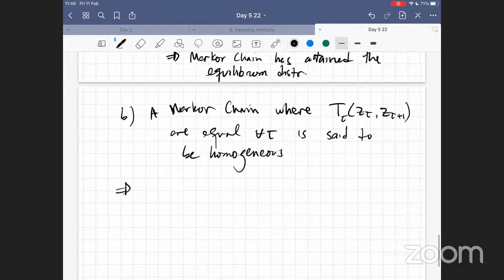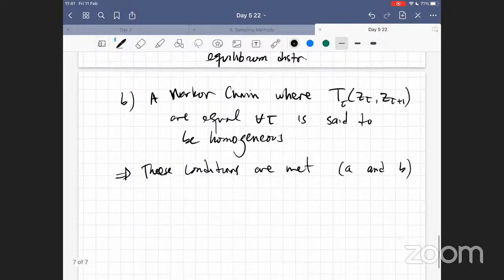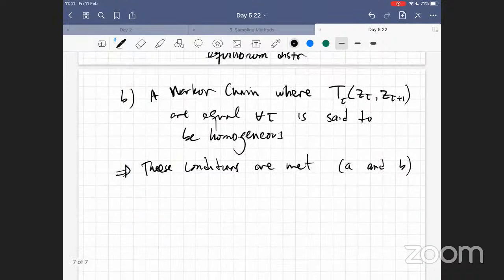So now if these conditions are met, I mean A and B, then it has been demonstrated, and I am not getting deeper into that,